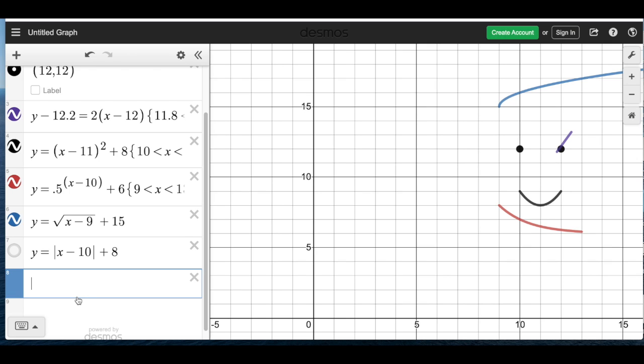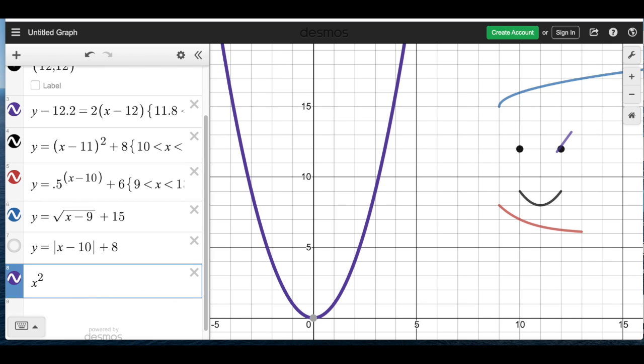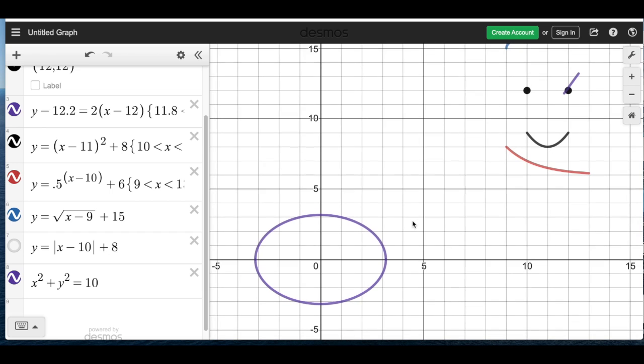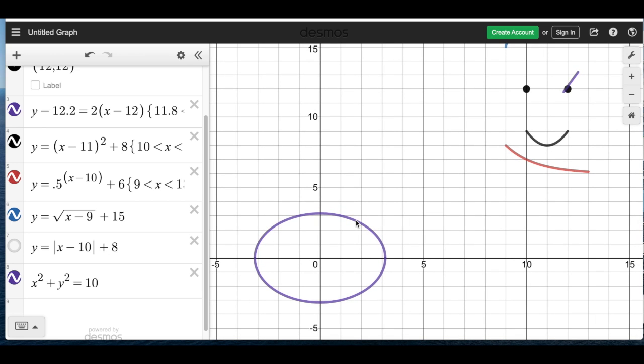This is a graph of a circle. You'll do some more with this in the future, geometry and algebra 2. But the equation of a circle: x squared plus y squared equals 10. And it doesn't look perfectly circular here because I changed the scale, so it's kind of stretched more in one direction than the other. But you can get cool things, like you can shade the inside